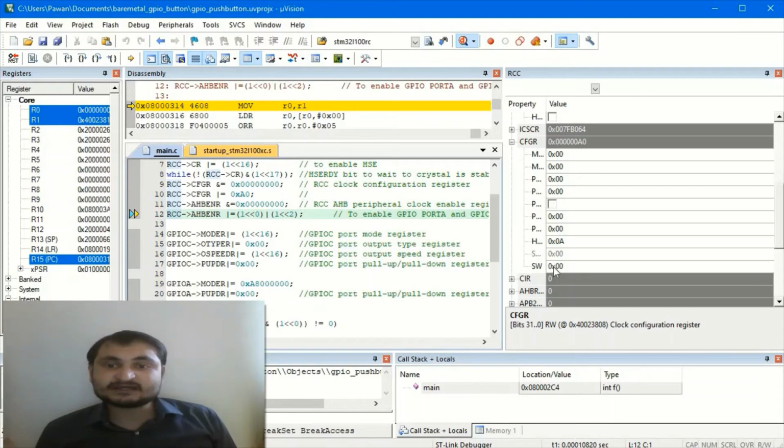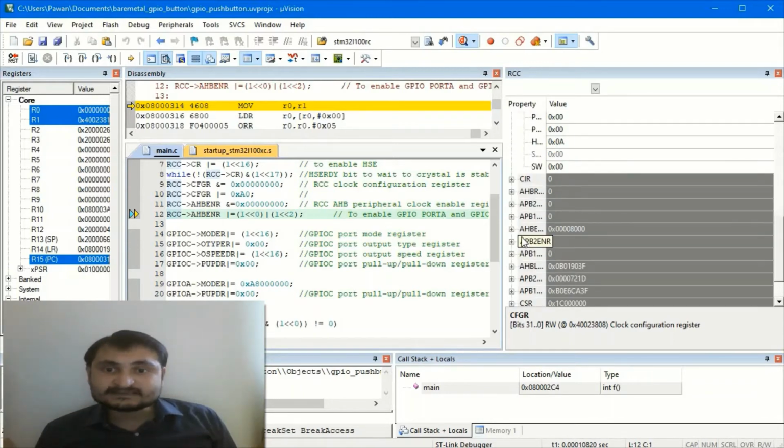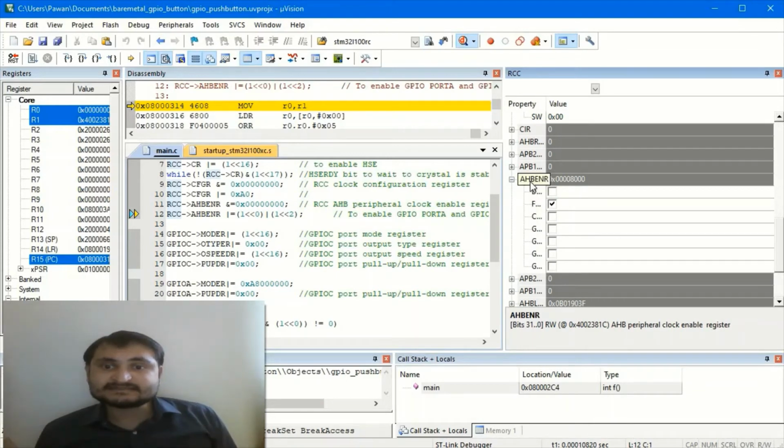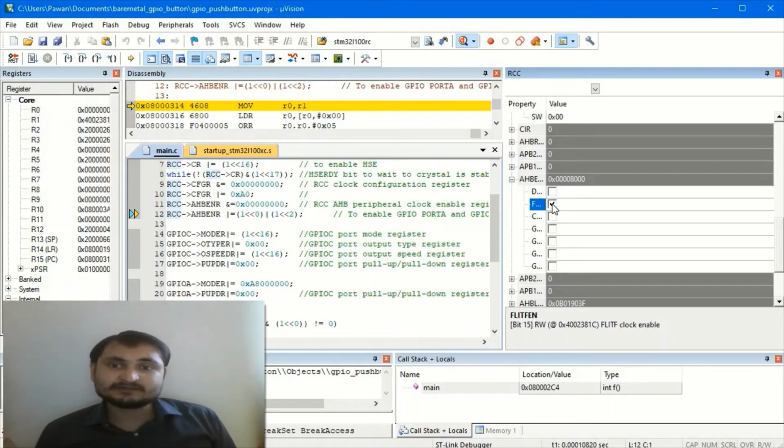So AHB ENR, if we open it, this is AHB ENR. You can see GPIO A enable, B enable, C enable, D enable, and F, G, D, and by default F is already enabled. Through this you can also disable these, but we can't disable it because this is the default value.